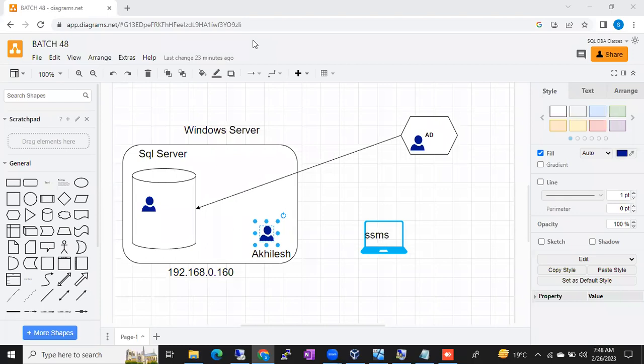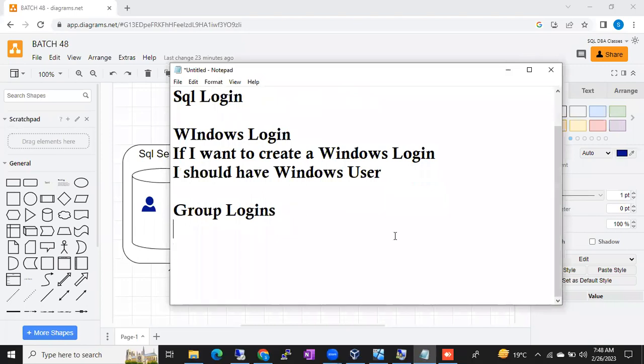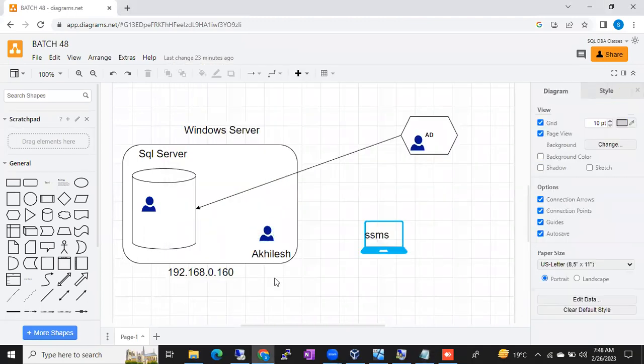Okay, fine. So we have one more concept called group logins. Slowly we'll touch on group logins. What is this group login concept? I'll tell you, listen carefully. Imagine we have a team of 10 DBAs, guys. We are a team of 10 DBAs. Just now we discussed that if these 10 people want to connect to SQL Server,